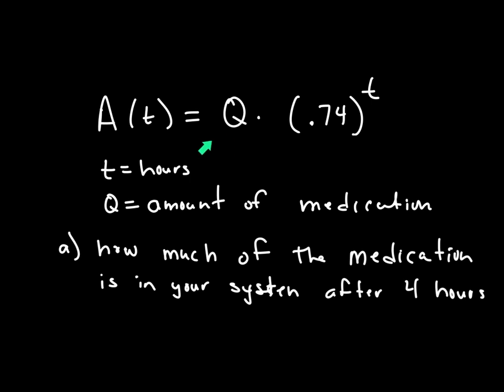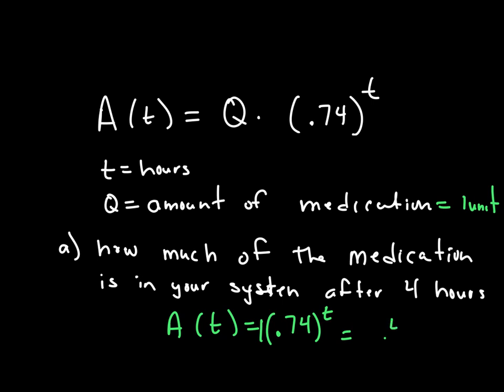Now, the interesting thing about this is the function is according to time and is dependent upon how much medication you take. So to make this easy to understand, let's just call the amount of medication that we have in our system 1. We have 1 unit in our system. So Q is 1, so now all I have is 0.47 of that 1 unit raised to the T. I let T equal 4, so then it's just 0.47 raised to the 4th power,